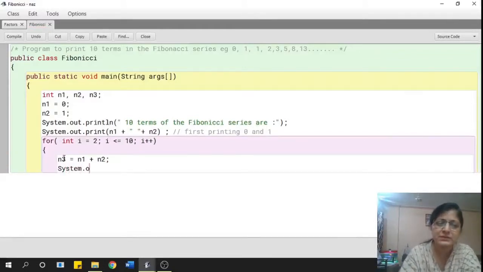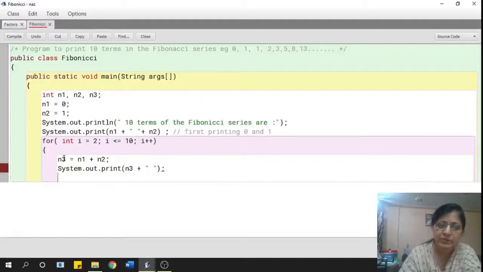So I'm going to say System.out.print n3, and because I don't want all the numbers sticking next to each other, I'll put a space here. So it would print 1.